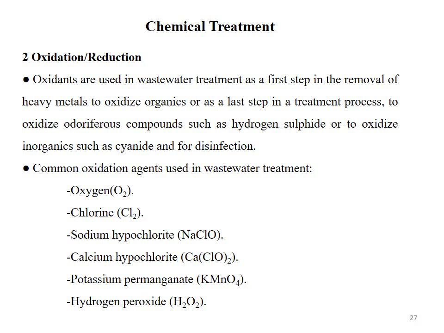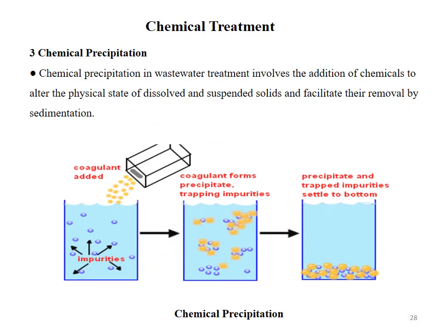Some common oxidizing agents or oxidation agents used in wastewater treatment are oxygen, chlorine, sodium hypochlorite, potassium permanganate, sodium calcium hypochlorite, and hydrogen peroxide. The chemical treatment is also carried out by chemical precipitation method. The chemical precipitation in wastewater treatment involves the addition of chemicals to alter the physical state of dissolved and suspended solids and facilitate their